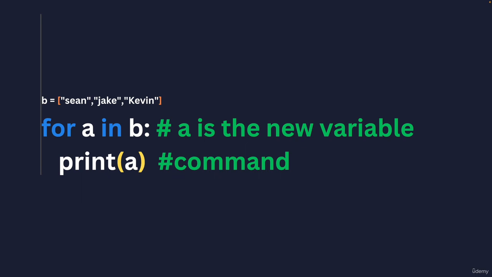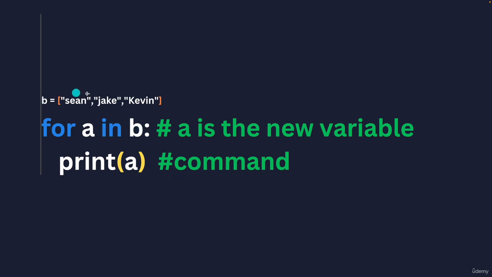Since we're introducing you to loops in this video, I'm going to use a very simple method to explain it. But as we go down, you're going to see how loops are used and how you can create really interesting stuff with them. So for this particular example, as you see, we have a list at the top. In this case, it is b equals a bunch of names, right? And with this loop statement, we're saying for a, and a again is a new variable that we defined,